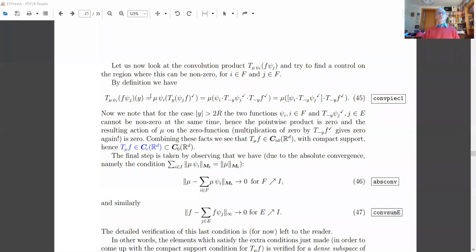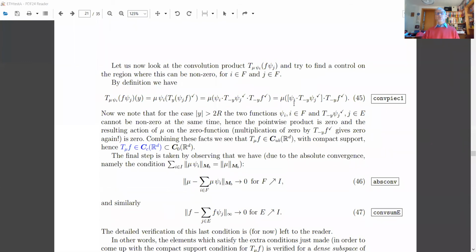And if you apply all these formulas, on the very right-hand side you see in the square brackets there's a product of psi I with a shifted version of the flipped psi j. Now, if you think of a little bump function psi I and another bump function psi j, maybe also flipped, and then you shift it far away, it's clear that these two bump functions have nothing in common. Their product will be 0 because either